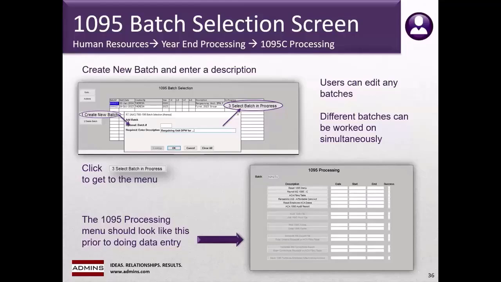If desired, a batch number may be entered, or the system will assign the next available number. Enter the required description when creating the batch. Having a good description will facilitate finding the batch when you return to the Steps menu. Click on OK, then select the batch and click on the Select Batch in Progress button to access the familiar